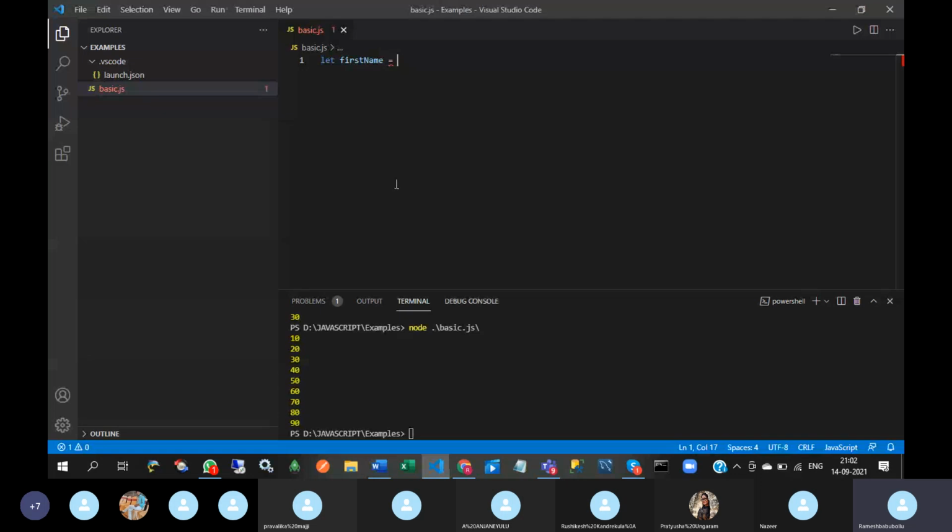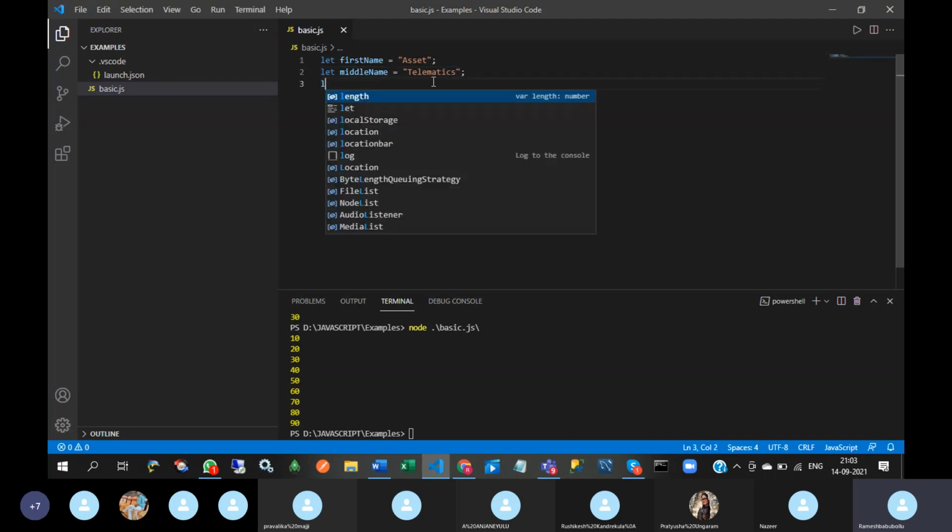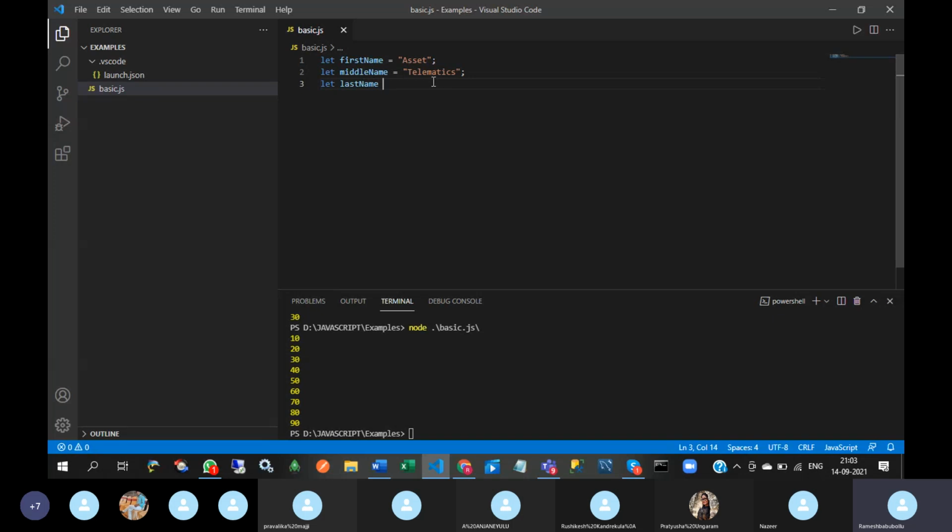So let first name, let middle name Telematics, let last name is Private Limited, let address is Hyderabad.